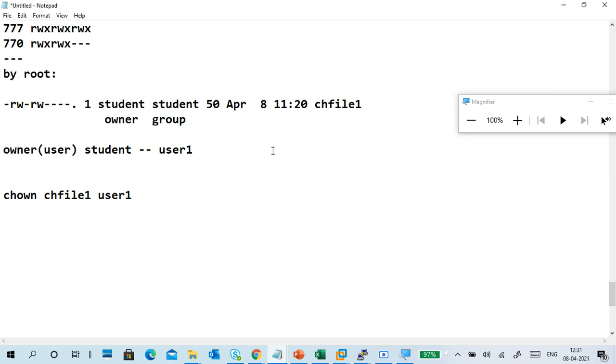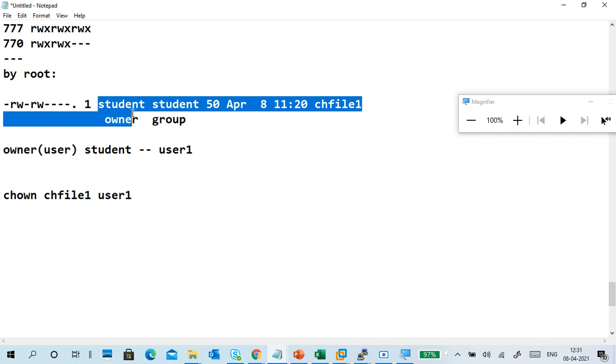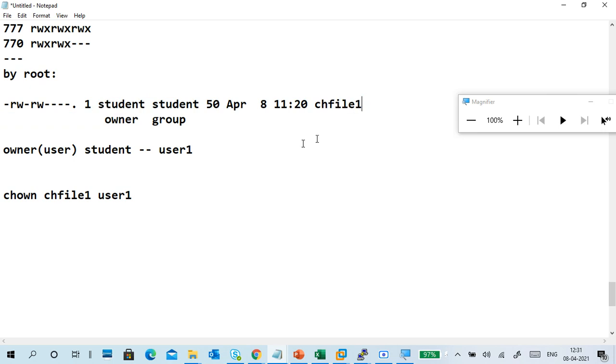I'm not changing the user name on this file. Guys, listen carefully. On this file, this is the user or owner, and I'm changing this owner on this file.